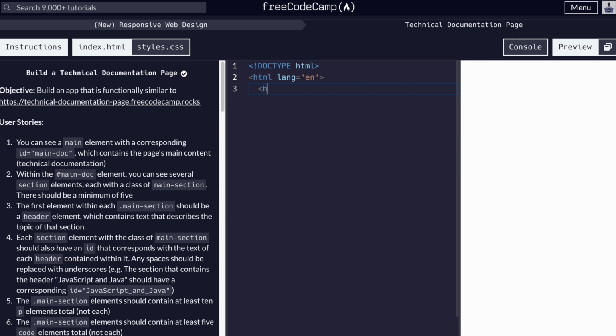We'll create our head. Inside, we will create our meta element with our charset to UTF-8. We will create our meta element